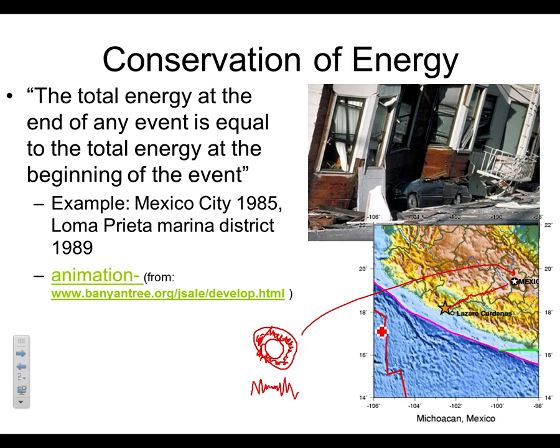A horrible earthquake. But again, it's this idea of conservation of energy. The more dense the ground is, the waves can go through quickly without much amplitude, but if it's really loose soil, the waves will slow down, which will cause them to amplify and cause much bigger destruction. That's it for seismic waves.